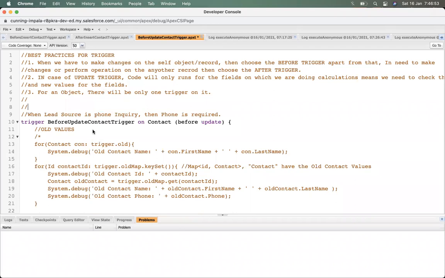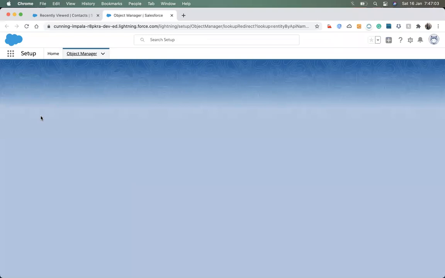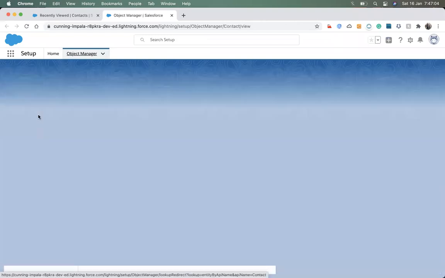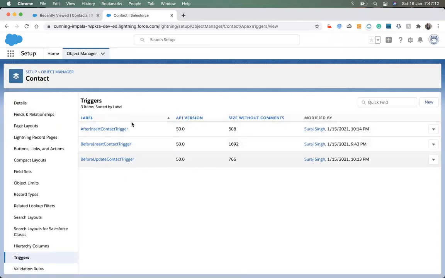Since we have written triggers on the contact object, I can see there are three triggers available here, so it's not following best practices.